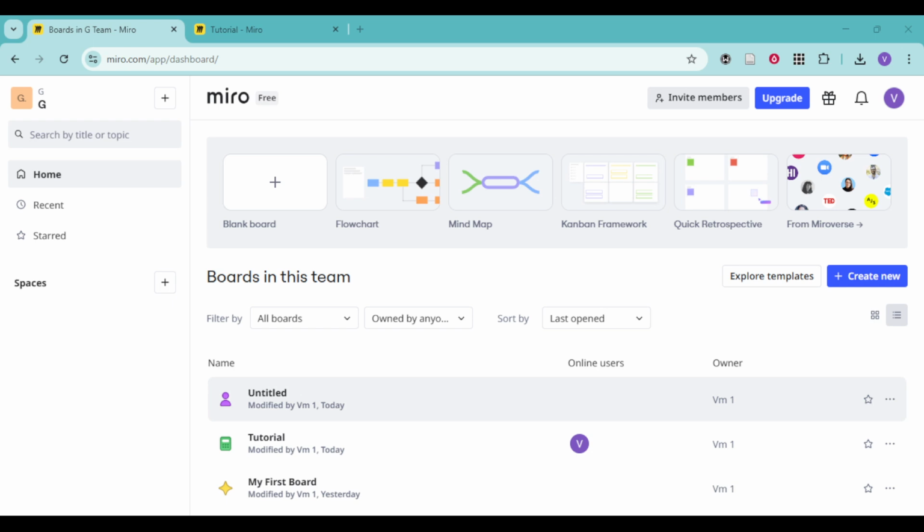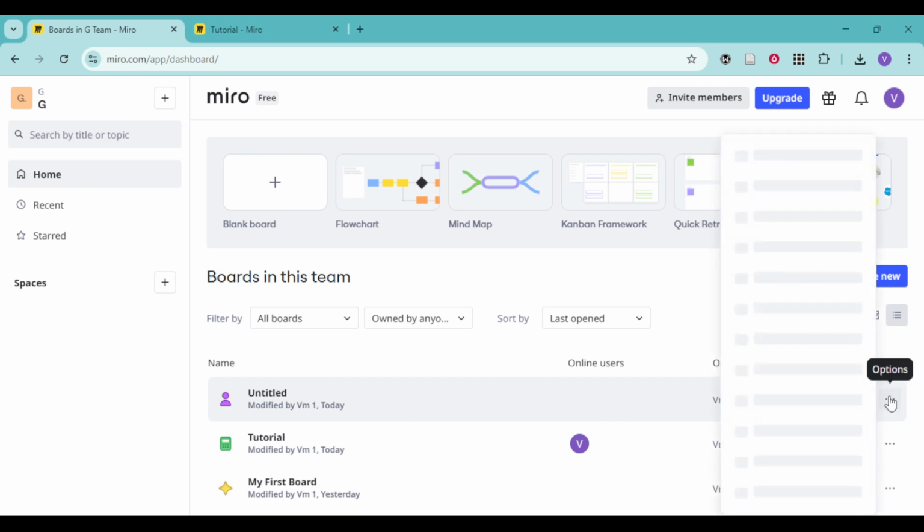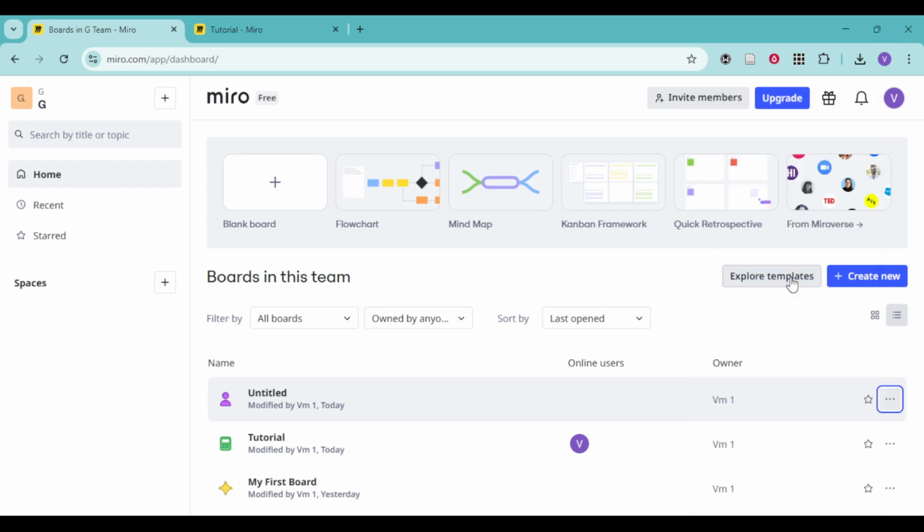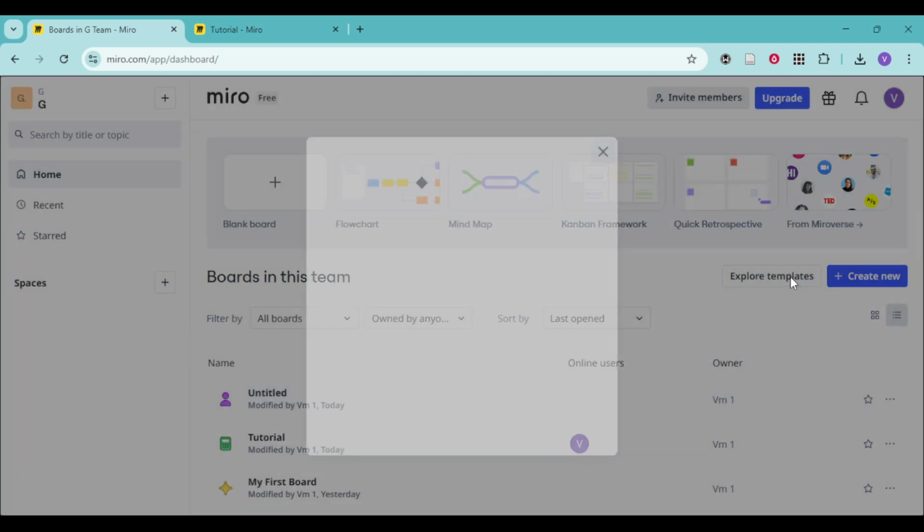Next, hover your mouse over the board you want to duplicate. You'll see a small menu button with 3 dots appear, often labeled More Actions. Click that and then choose Duplicate from the menu. Miro will create a full copy of the board, including your frames, sticky notes, shapes, images, and most content you've